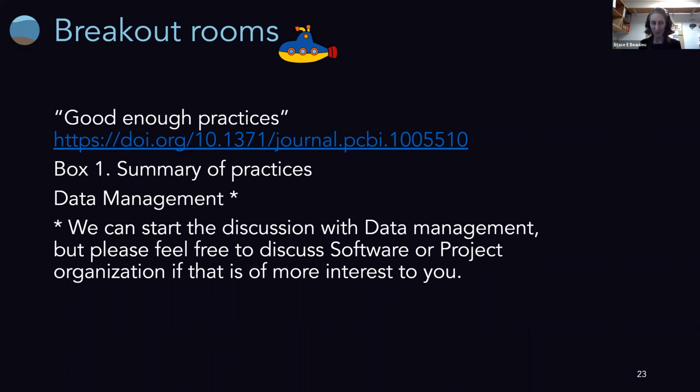It's a great way to learn peer-to-peer about how others around the world are solving challenges in particular ways of handling the data and software in their own work.